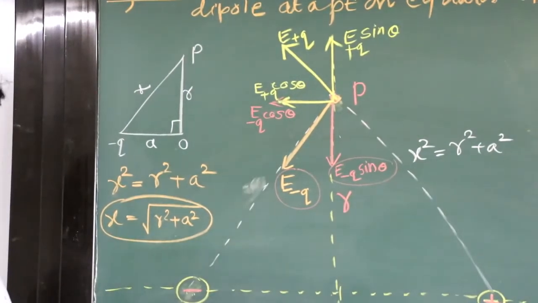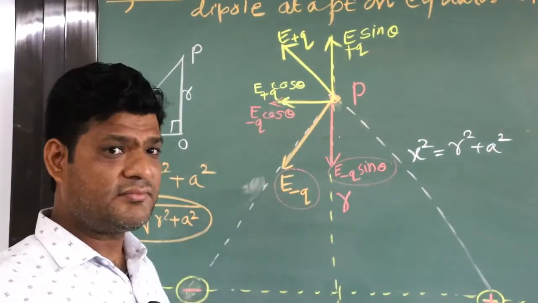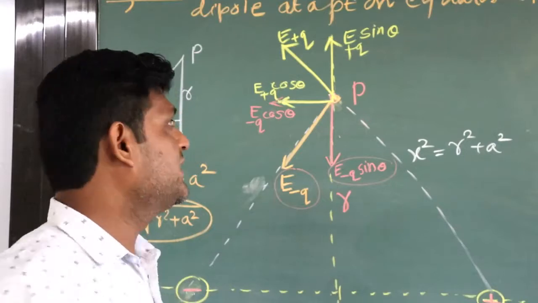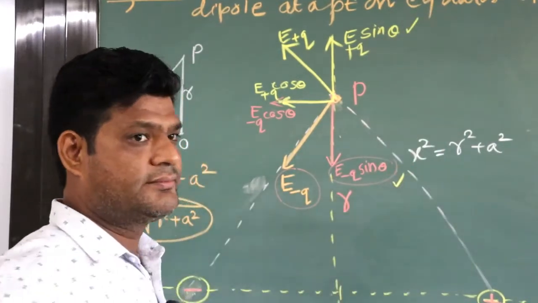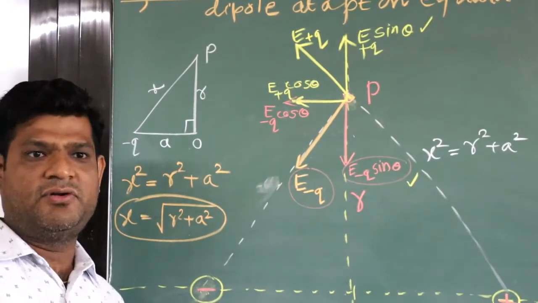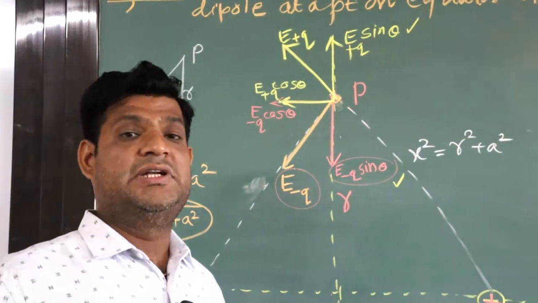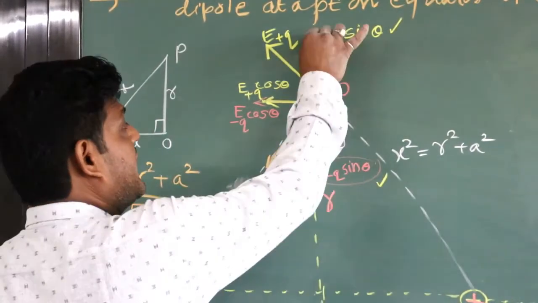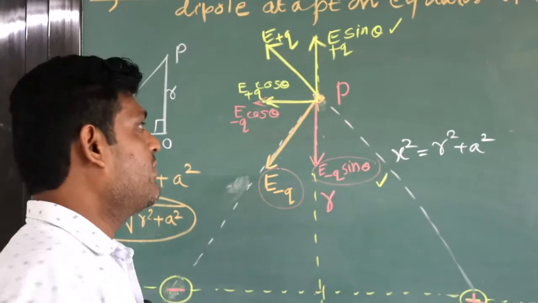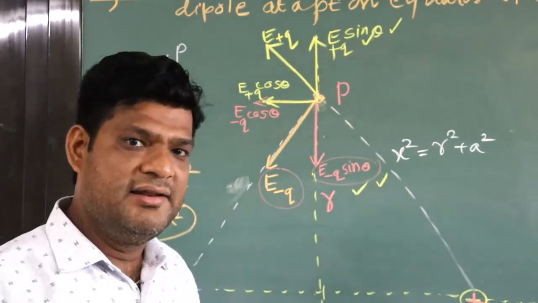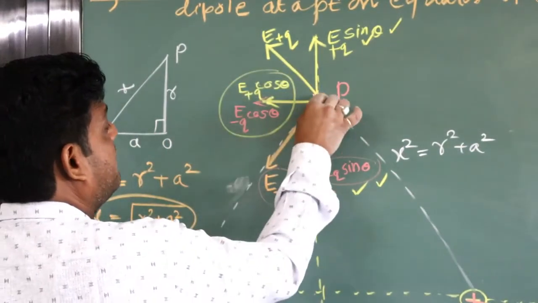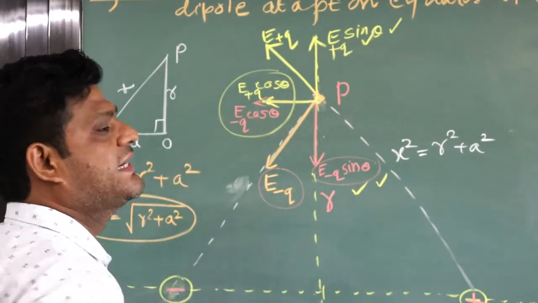See students, what is happening over here at point P? How many components are there? First of all, we will discuss the y line. On the y line, there are two components, this one and this one. The magnitudes of the components are the same because they are at the same distance from the plus q and minus q. Here the directions are opposite. That's why at point P the effects of this component and this component will nullify, and only the effects of these two components will remain at point P on the left hand side.